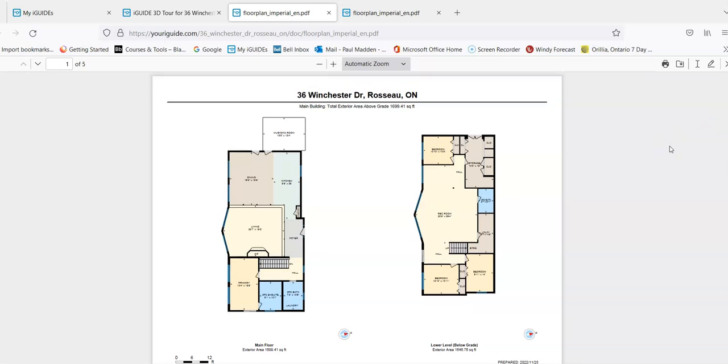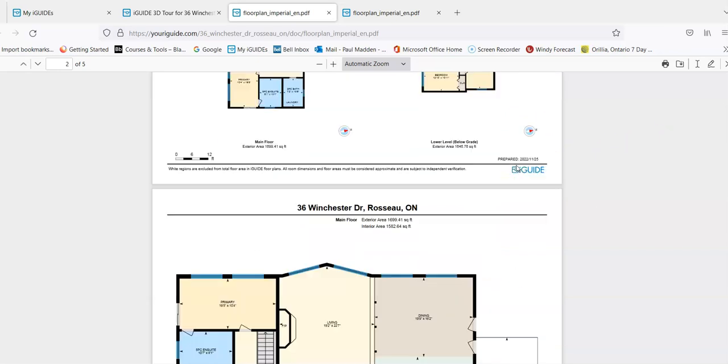So let's talk about the floor plan. But before we actually do that, let's talk about standards for measurements. Is there any standard for measurements? Well, here in Ontario, there actually isn't a standard for measuring properties for real estate. And actually, there are very few standards that exist out there. This is one of the areas that causes a little bit of trouble because if no standards are followed, then one person's measurement versus another could come up with completely different numbers. However, the iGuide system does follow a standard,